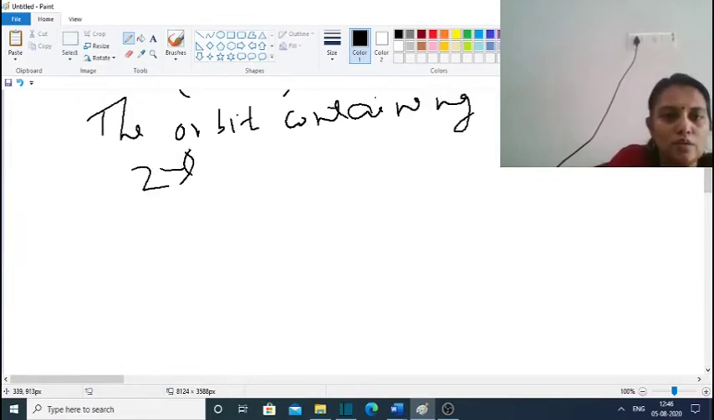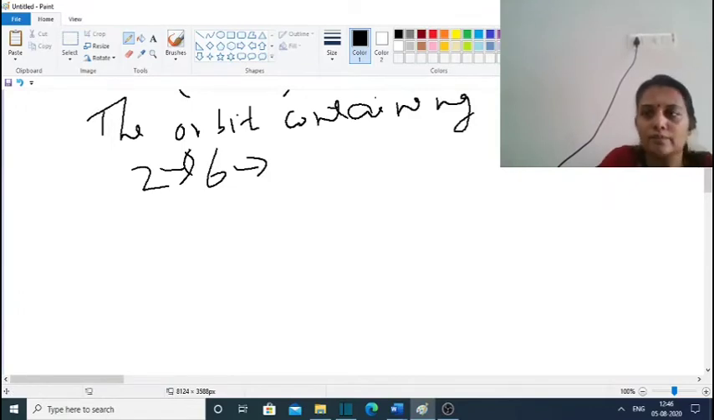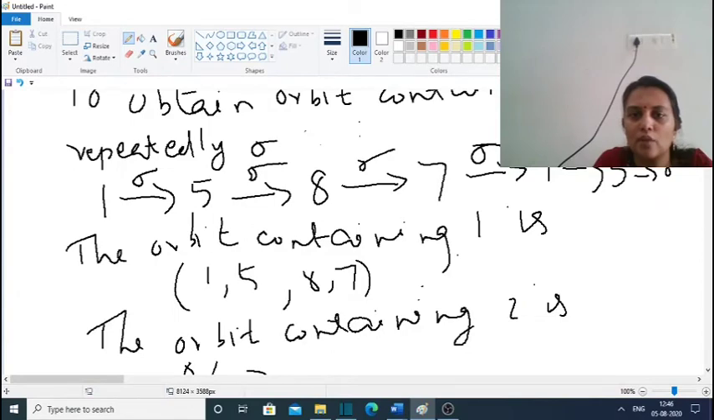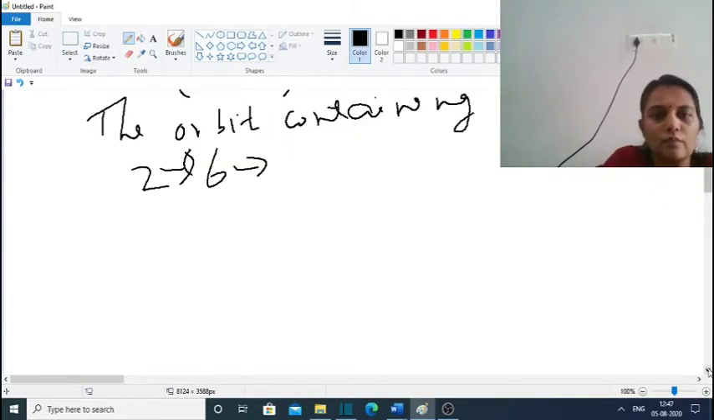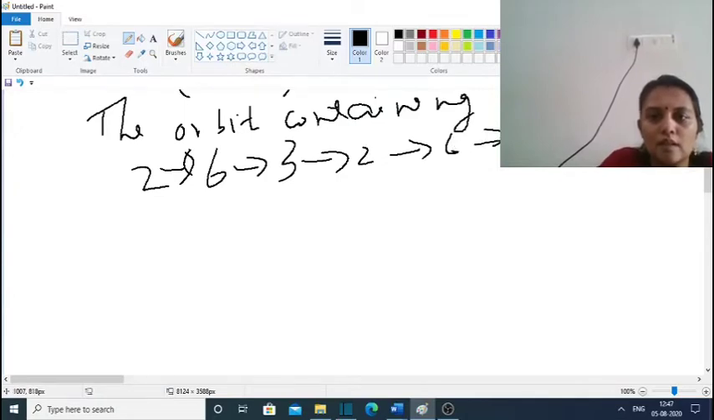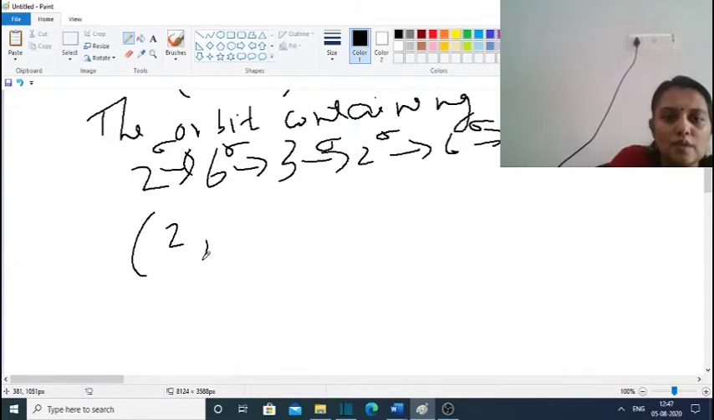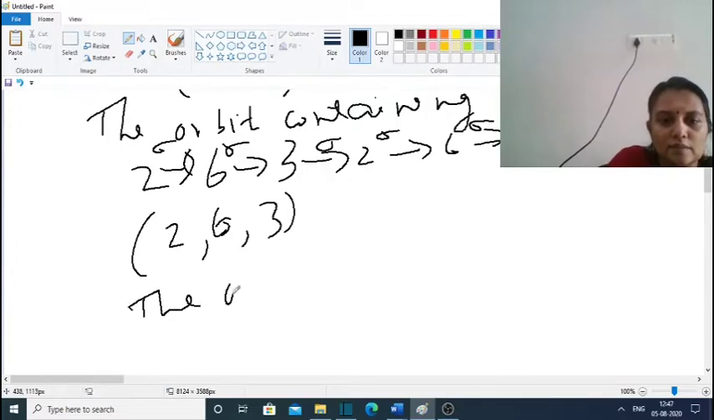2 goes to 6 and 6 goes to... വീണ്ടും അപ്ലൈ ചെയ്യുമ്പോൾ സിഗ്മ സ്ക്വയറിൽ എത്തുമ്പോൾ ഒന്നോടെ അപ്ലൈ ചെയ്ത് കഴിയുമ്പോൾ 6 goes to 3 and 3 goes to 2. വീണ്ടും റിപ്പീറ്റ് ചെയ്യും സിഗ്മ 6 3 2 എക്സെട്ര. ഇവിടെയൊക്കെ നമ്മളൊരു സിഗ്മ അപ്ലൈ ചെയ്യുകയാണ്. സോ 2 6 3 and the orbit containing 4 is